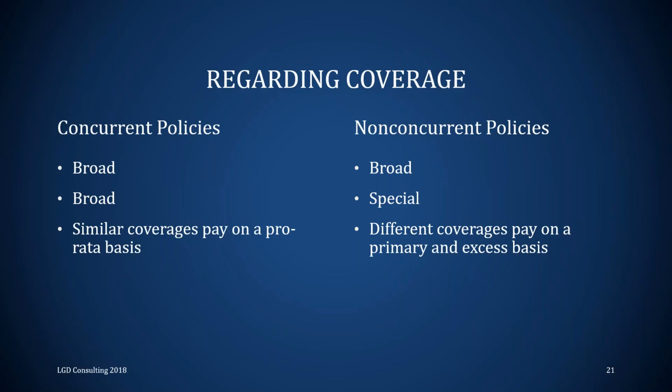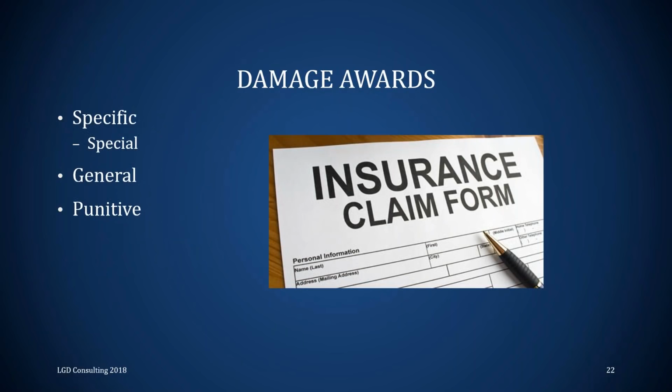Actually, you'll see concurrent policies on here. Now, if you have two policies on a structure and the perils don't exactly match, then that would be non-concurrent policies. And so you have a broad and a special form. You have a commercial property with broad form and a commercial property special form. These two policies are on the same building, and the perils don't match exactly. That's just said to be non-concurrent policies. Okay. So, a little stuff. These are some rare ones, but just to make you aware of it, I wanted to present that.